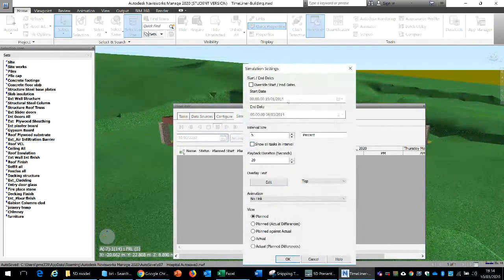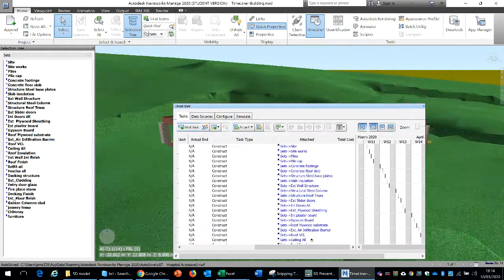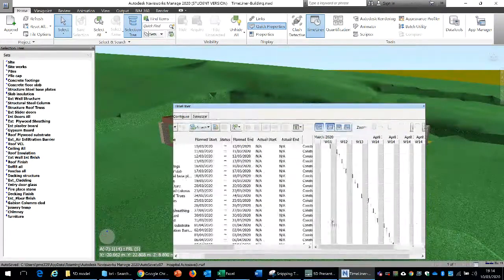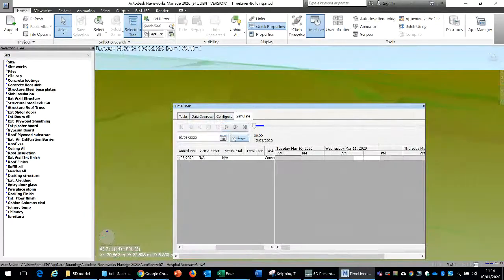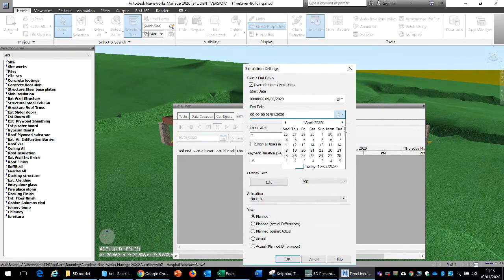So simulation settings. We would have to indicate firstly the dates of our simulation, which have to map with the details. So for instance, if I see the dates which have been produced by the software, the software has given the 10th of March 2020 as the start date, right? So once we go to simulation, we have to ensure that we are using the right date. So we will override this date, maybe 10th of March. So let's start our simulation at day 4, and maybe let's play it till end of April. Okay,